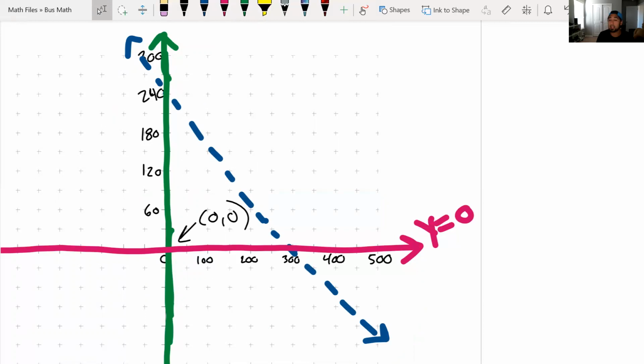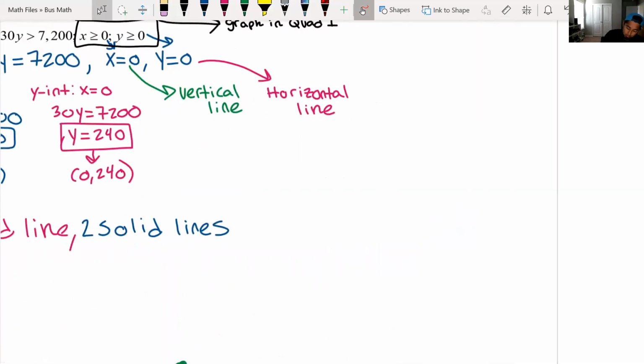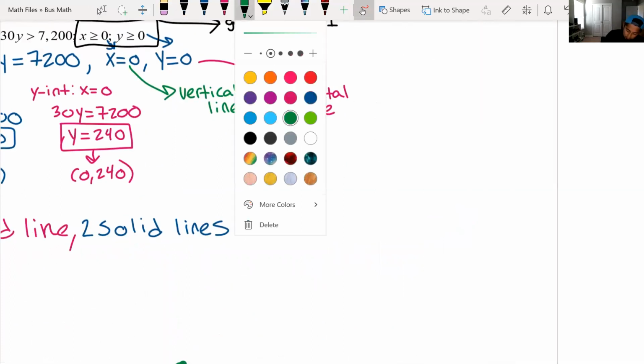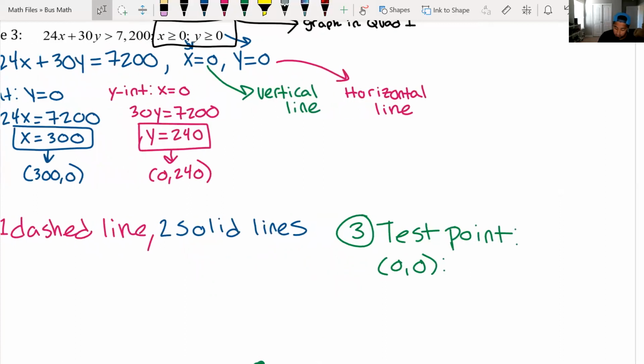And like I said, that test point is, well, actually, that one's right on X equals 0 and Y equals 0. But those lines don't matter. The only reason they matter is because they keep us in quadrant 1. So we can pick 0, 0. All right. So we pick the test point 0, 0, and we plug it into just the first inequality, which is